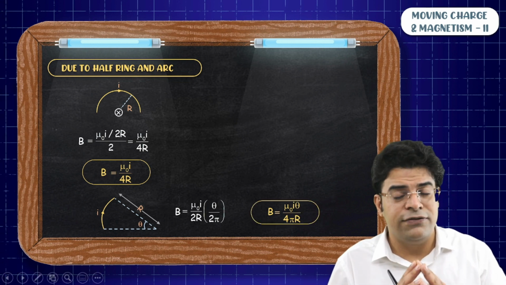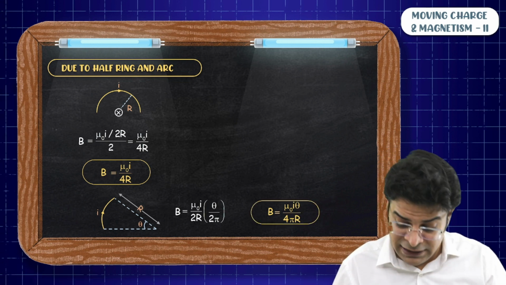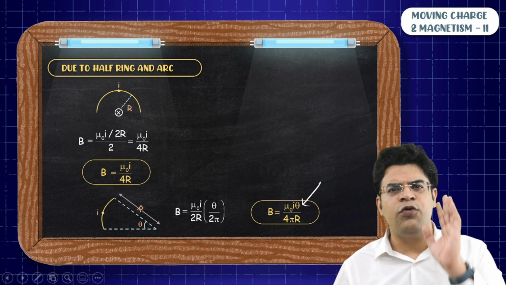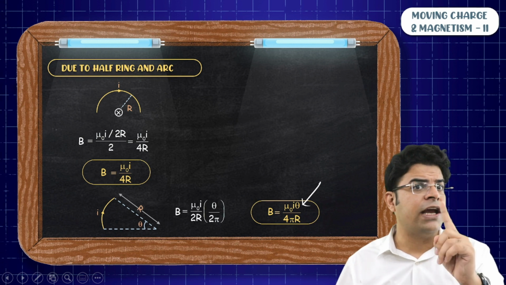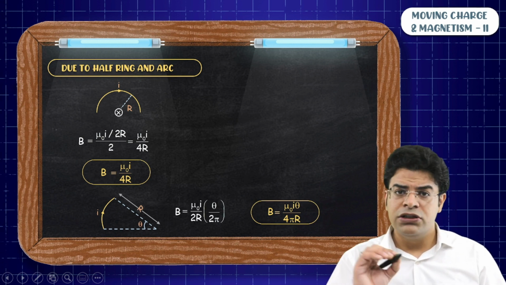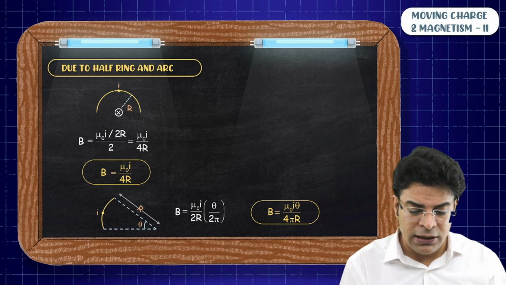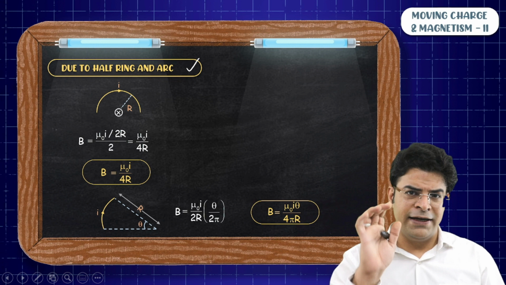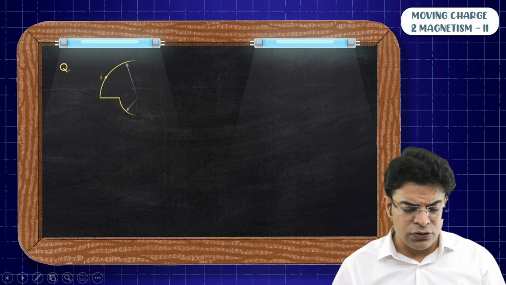If you have spent sufficient time with me, you will know that this theta has to be taken in radian. Whenever in any formula you find any theta, that theta must be taken in radian. So now let's move on and do some practice questions based on the field produced due to a current carrying loop at its center. So the first question goes like,